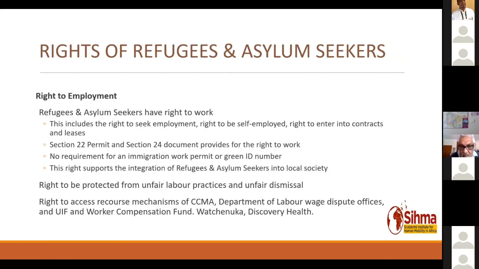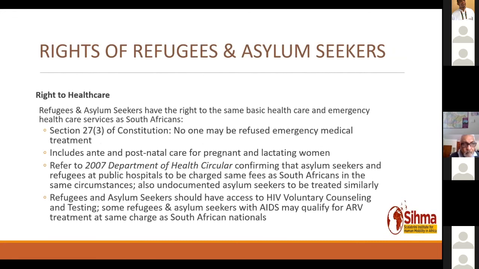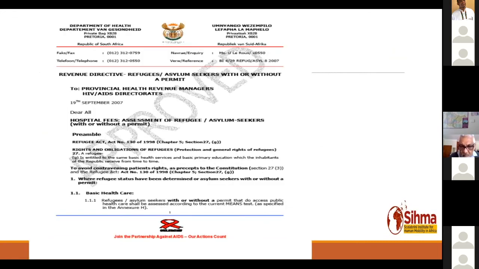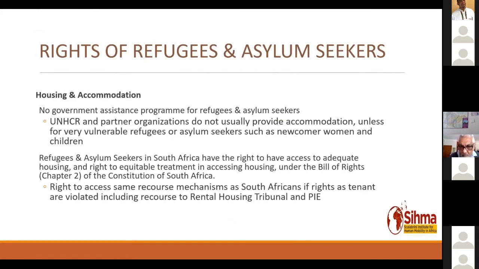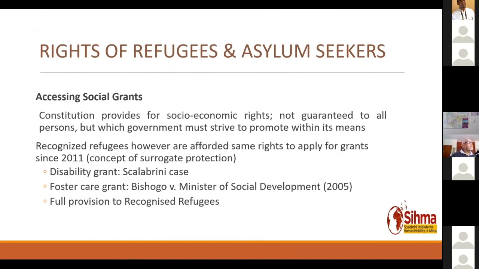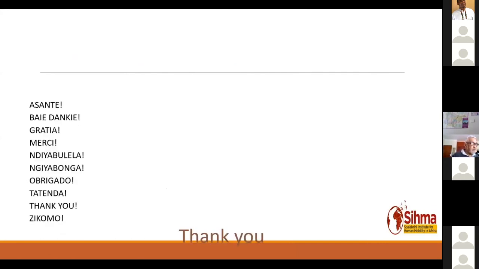There are constitutional protections: the right to employment, right to education, right to healthcare. There are government directives in terms of accessing healthcare. There's also housing rights, right to safety and security. In South Africa, there's a provision also for a certain degree of social grants for recognized refugees, children's rights. Yeah, and that's everything. As I say,